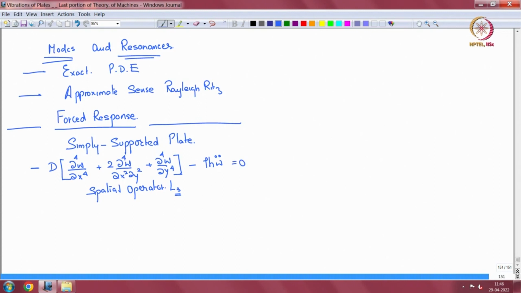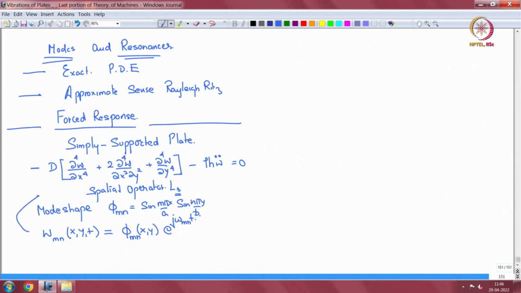Okay. Now the mode shape for a simply supported case is phi mn equal to sine m pi x by a sine n pi y by b, and the response in a single mn mode shape, Wmn x comma y comma t, the free response, is phi mn x comma y at the resonance frequency, natural frequency. Okay, so if I substitute this in there,